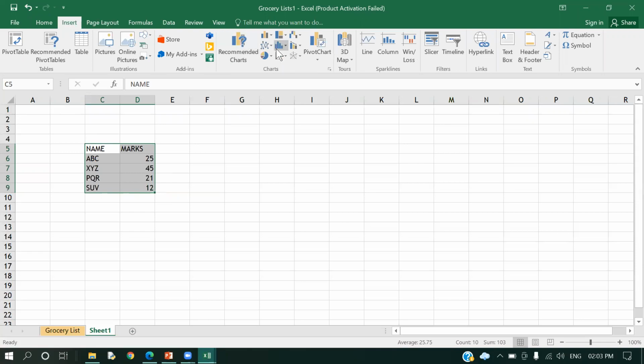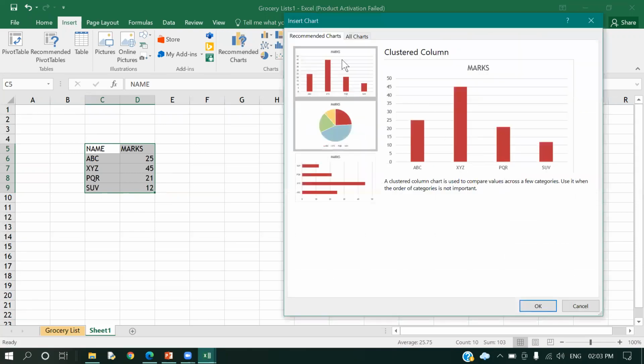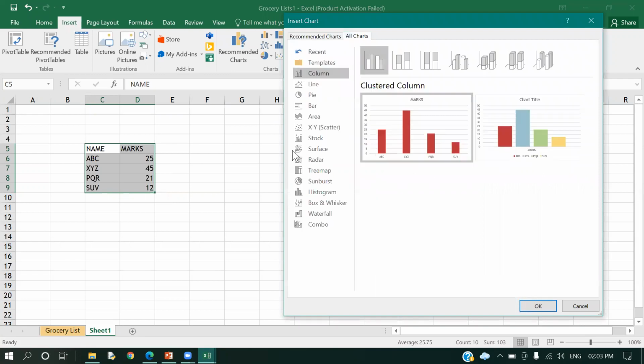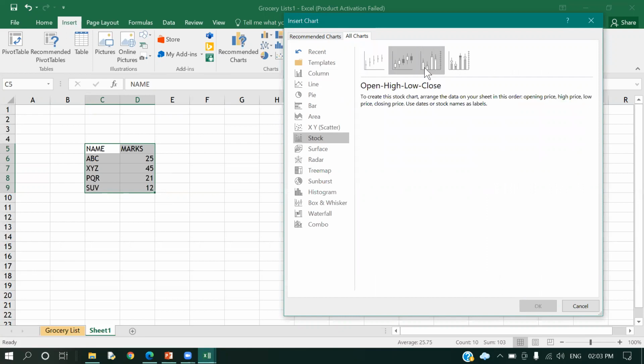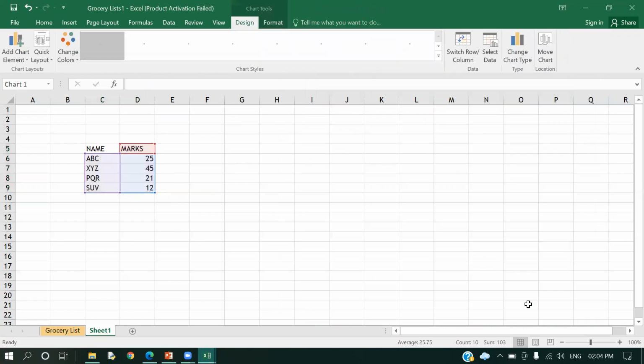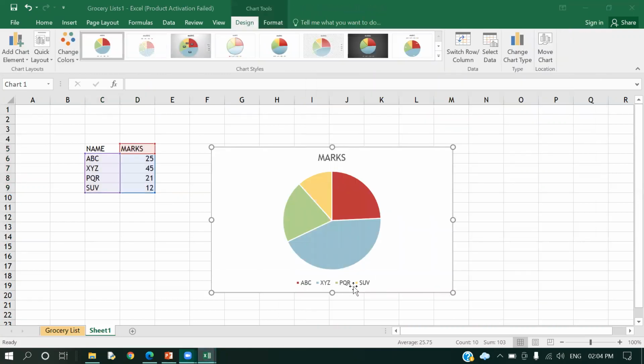In the insert tab, you will see the charts options available. Select any chart, whichever you feel like. I'm going to go for stock, and in stock let's say I select this one. It is not showing me, I cannot do it. Fine, so pie chart here. You can see this is the pie chart.